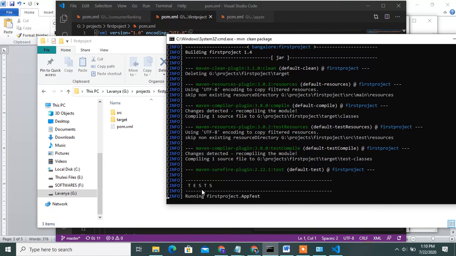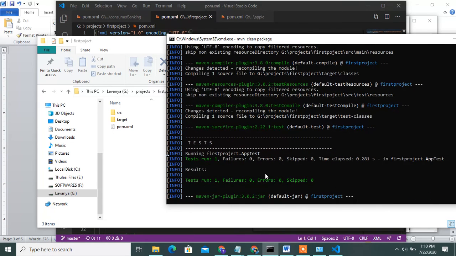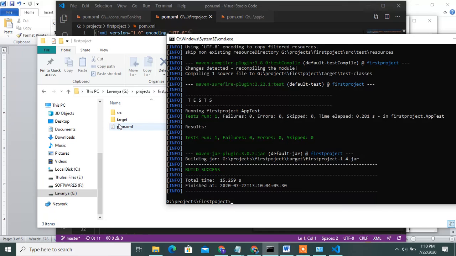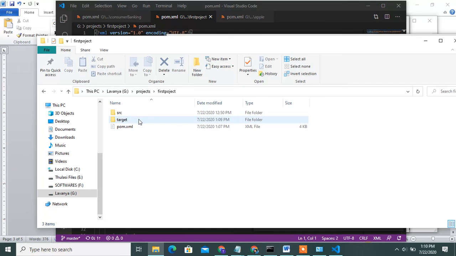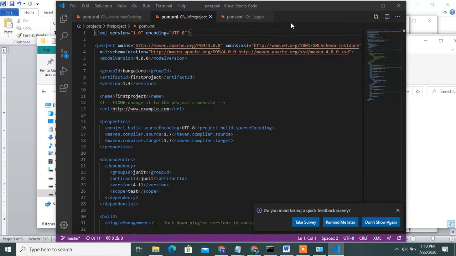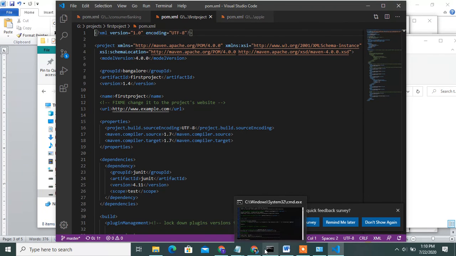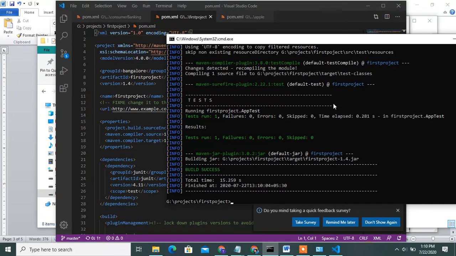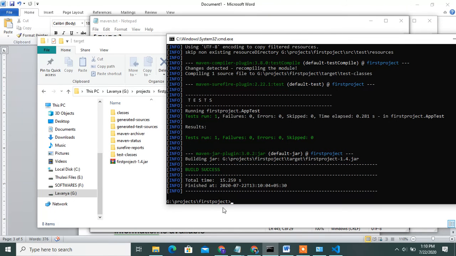I will say this is running validate, compile and install, that is a run. You can create a new target folder. Under the target folder, it creates the first project 1.4 jar. Under target folder, you can create the jar file. Once you run the jar file, then we get the output. I will show you this. How to run java -jar.